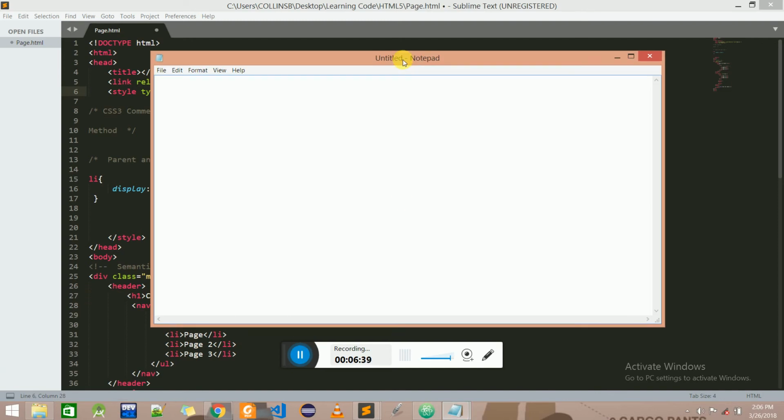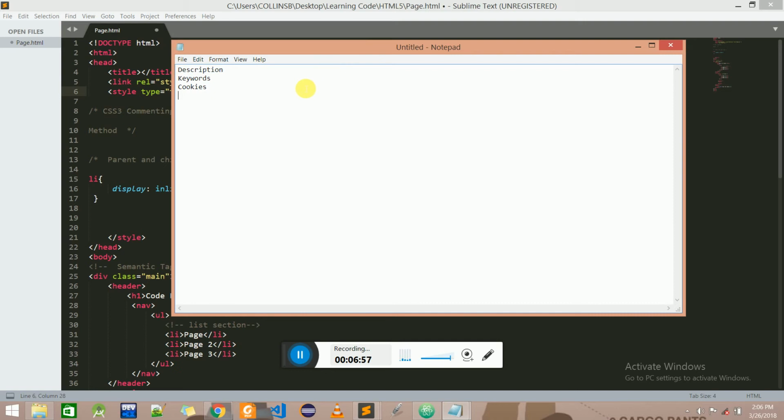Meta tags give the description of your page, and they can also give keywords used in your page, and they can help you set cookies for your page. You're going to come to cookies, and I'm going to discuss cookies. They can help you refresh your page based on a particular timeline in seconds, and they can help you set the date when your page was revised. So, revised date,